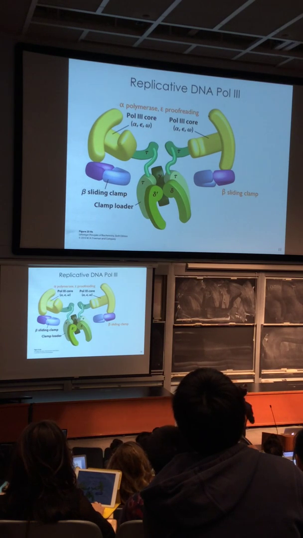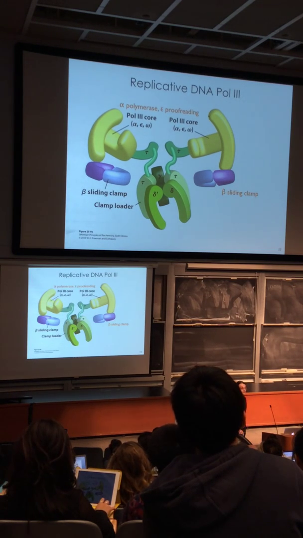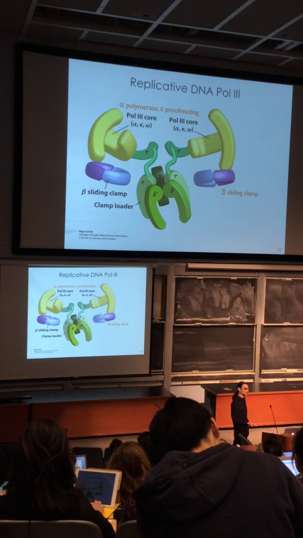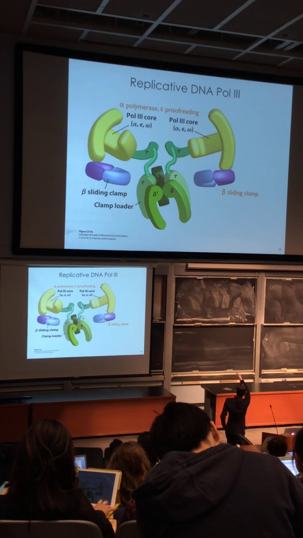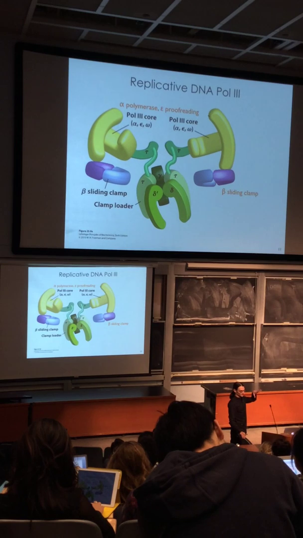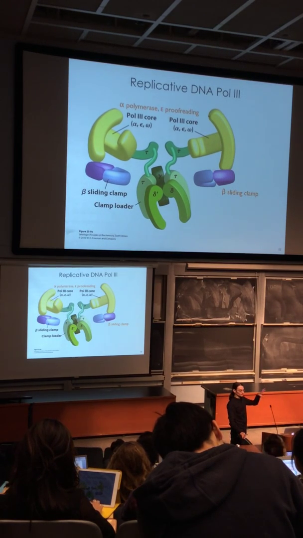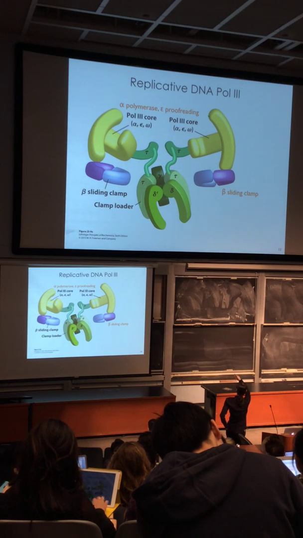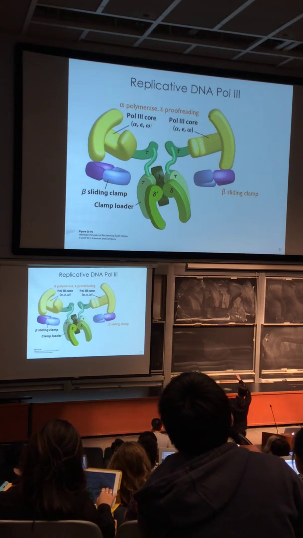The alpha chain contains the actual polymerase activity that does the transesterification of a dNTP onto the growing 3' end. The epsilon subunit contains a proofreading activity, so in this enzyme you can actually separate the addition of dNTPs from the removal of misincorporation. There's a beta sliding clamp, and then there's this structure here that holds two polymerase cores together,